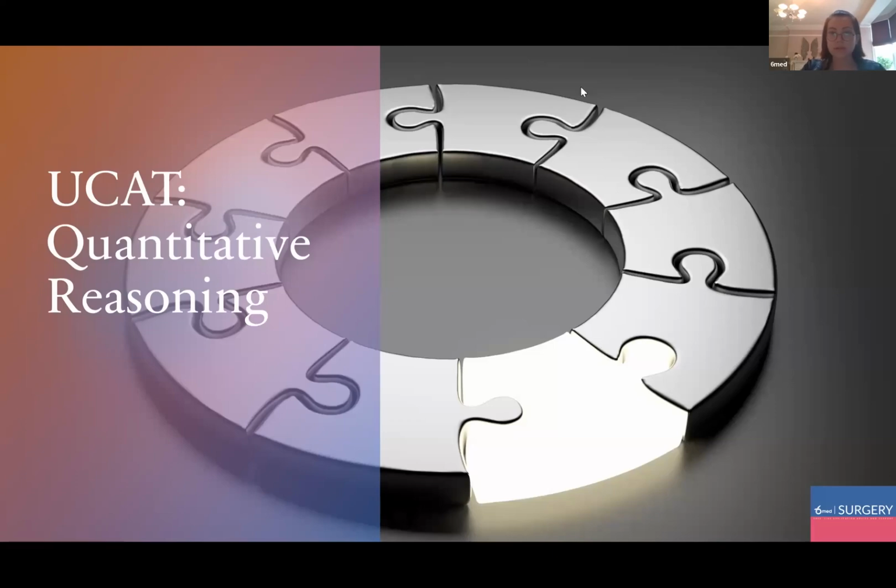So we're going to be talking a little bit about the quantitative reasoning section of the UCAT today. My name is Ella. I am one of the 6med tutors. I've just finished my 4th year of medical school at the University of Manchester. It was a little while ago since I actually sat my UCAT, but I've been teaching it ever since